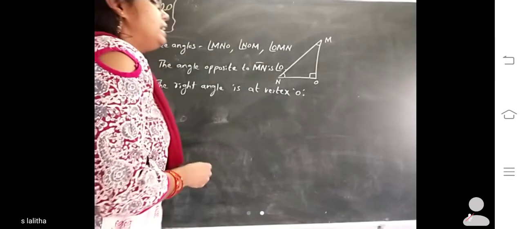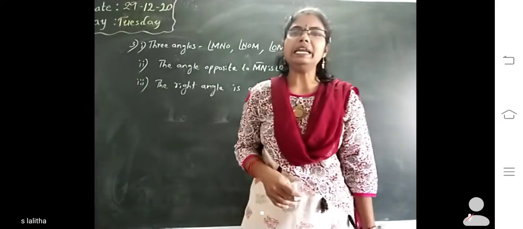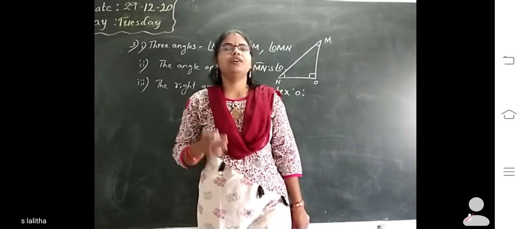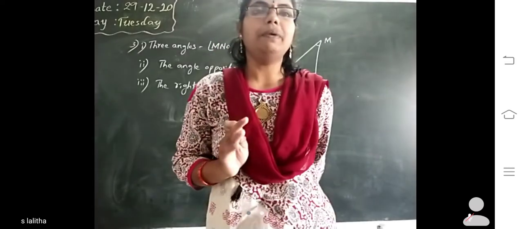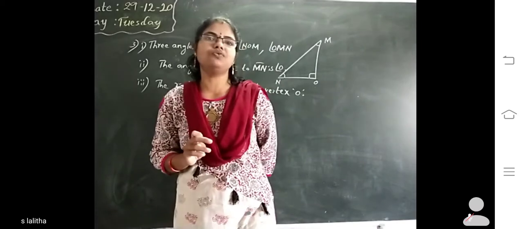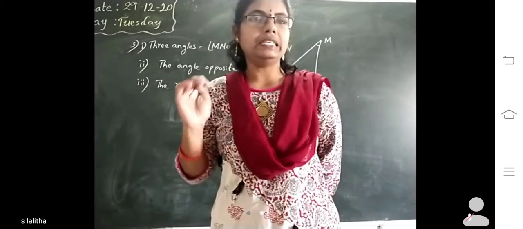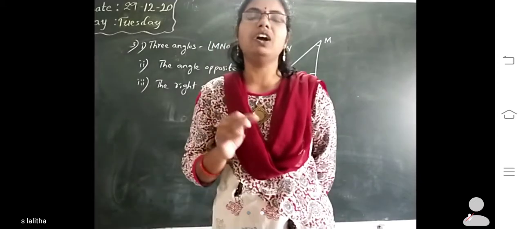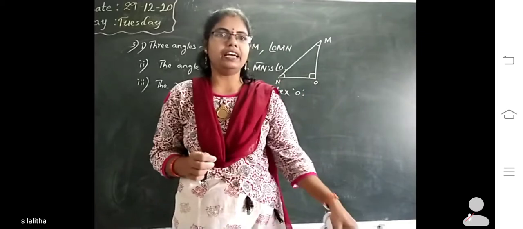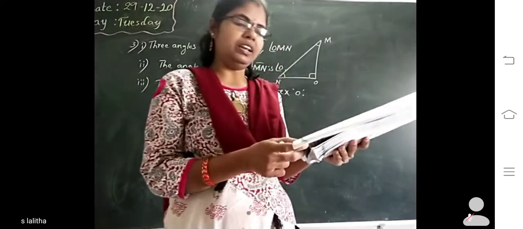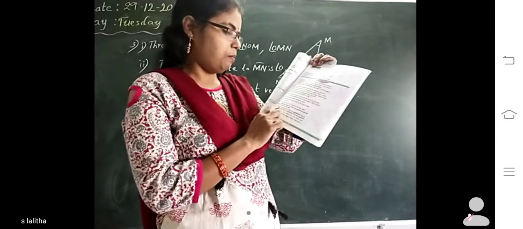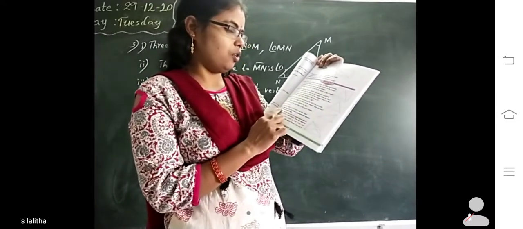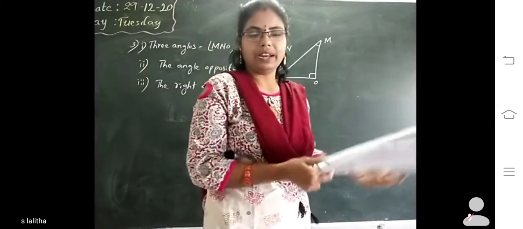Next we have gone to the next topic, quadrilateral. Quadrilateral means what, ma'am? It is a closed figure formed by 4 line segments. Quadra means 4. Lateral means sides. So 4 sides, what do you call this one? Quadrilateral. Okay. See the page number 127. A polygon with 4 sides is called a quadrilateral. Quadra means 4, lateral means side. Okay, write that one.